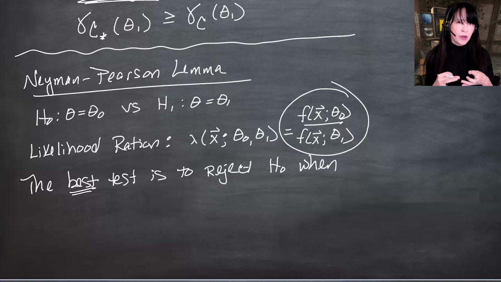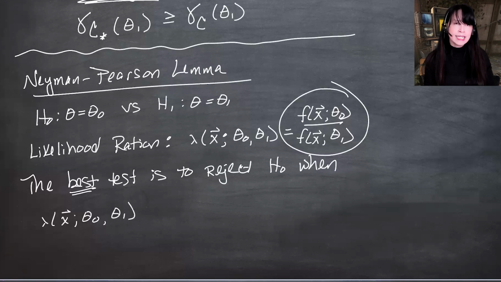So if you have a higher probability of seeing that data when the alternate hypothesis is true, that will make the denominator of this fraction larger and the whole thing smaller, and that is lending support to the alternate hypothesis being true. So we want to reject when this likelihood ratio is small, being strictly less than, or